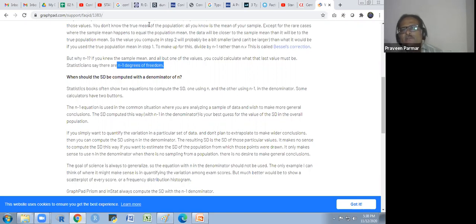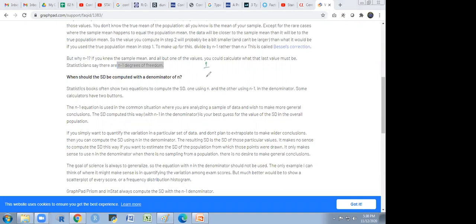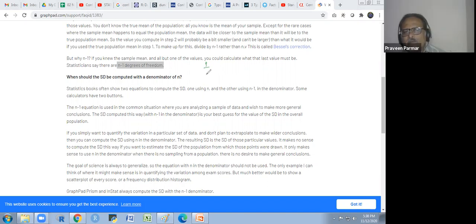Suppose you have to distribute 100 rupees among 5 people. The first person, you have a choice. You could distribute all 100 to him also. Suppose you have distributed 70 rupees to the first person, and for the second person you have the choice from 30 rupees. So you give him 12 rupees, and the third person you give 3 rupees, and the fourth person you give 5 rupees. Now for the fifth person, you don't have any choice, because it is exhaustive. You have to spend all the 100 rupees.